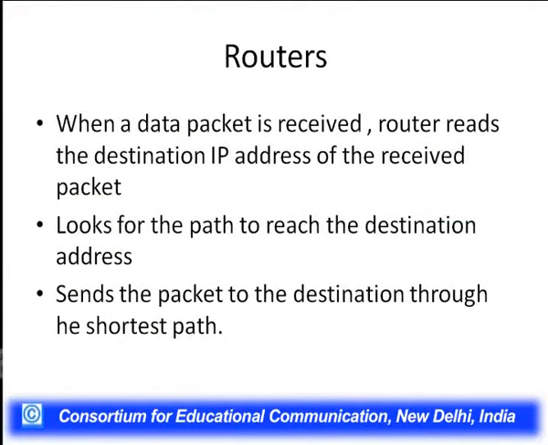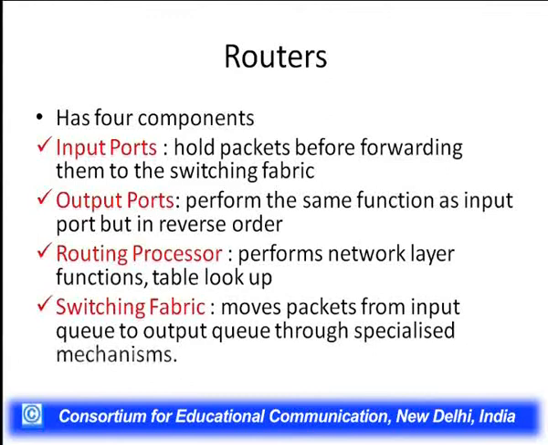Now, a router is a very important device which works at the network layer of the OSI model. Therefore, a router deals with data packets. When a packet is received, the router reads the destination IP address of the received packet. It looks for the path to reach the destination address, and it sends the packet to the destination through the shortest possible path. A router basically has four components: the input port, which holds the packets before forwarding them to the switching fabric;